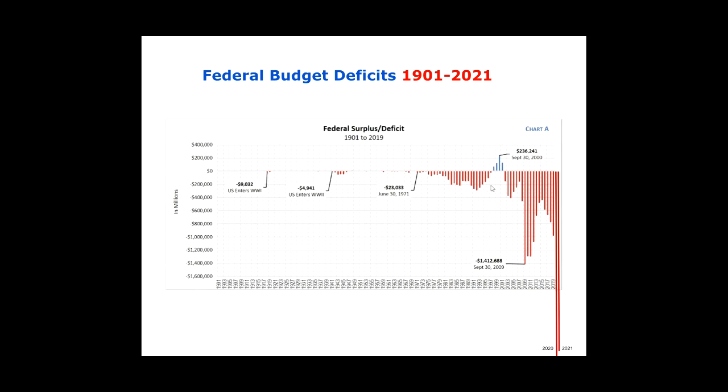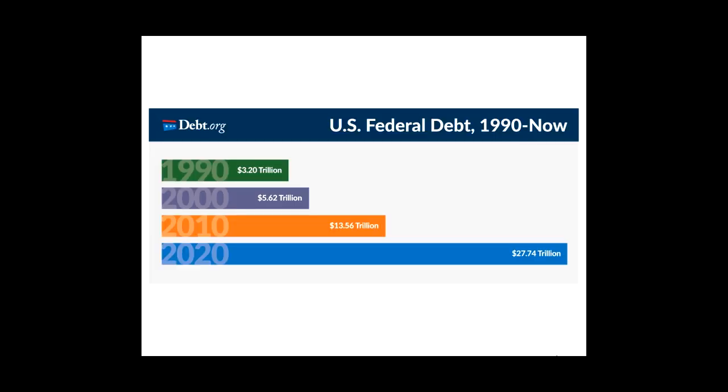But you can see here that we have some deficits. They're kind of chronic, but they're smaller compared to what happened in the 2000s when they got really big, and now in 2020 and 2021 they're kind of off the chart. So what do we see here? We see just in the last few decades the chronic deficits, which are getting bigger and bigger, and we can see what that does to the debt, which is all the deficits that are accumulated over time, over these decades.